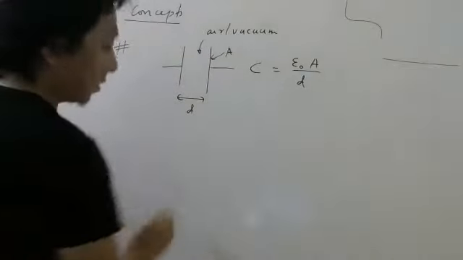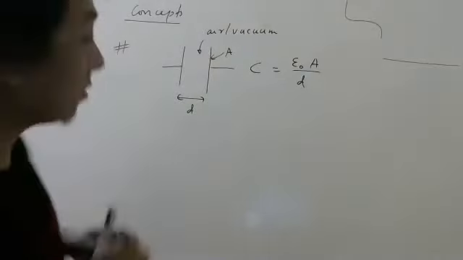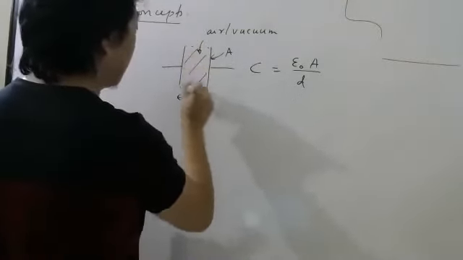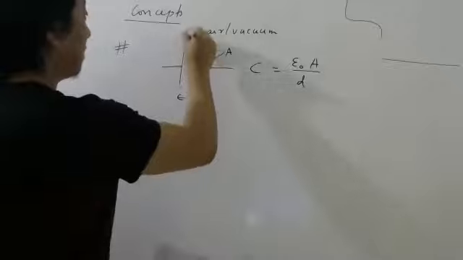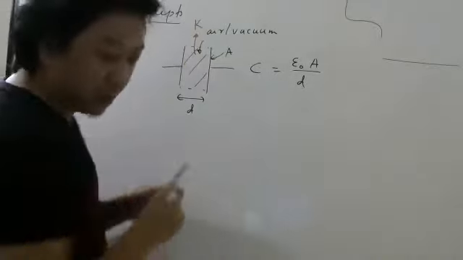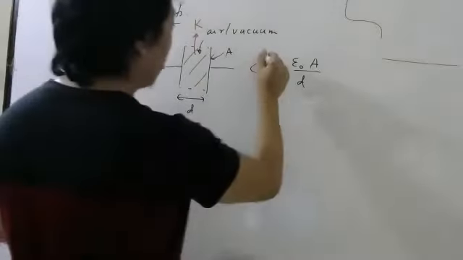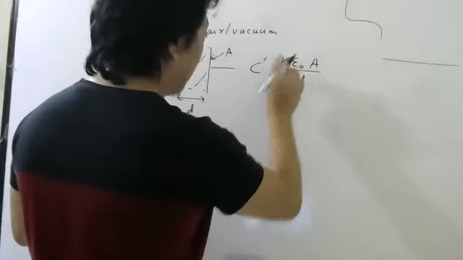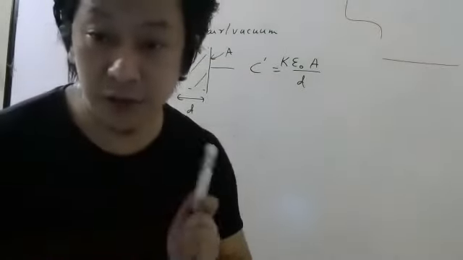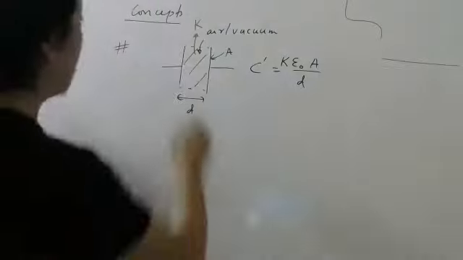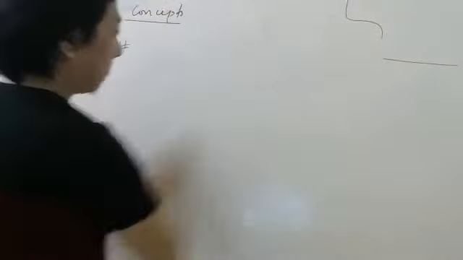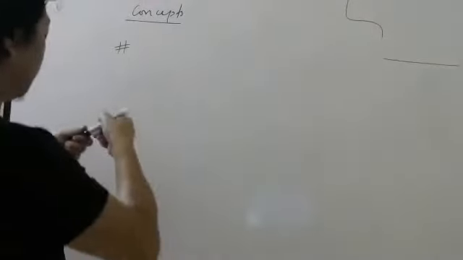Now, suppose I fill this space with a dielectric medium. Every dielectric medium will have some dielectric constant. In that case, what will your capacitance be now? Now your capacitance will become K into epsilon naught A by D. Those two derivations we have done. Very good. K into C. What we are going to learn now, no need to write this. Already you have written. Now you write carefully.